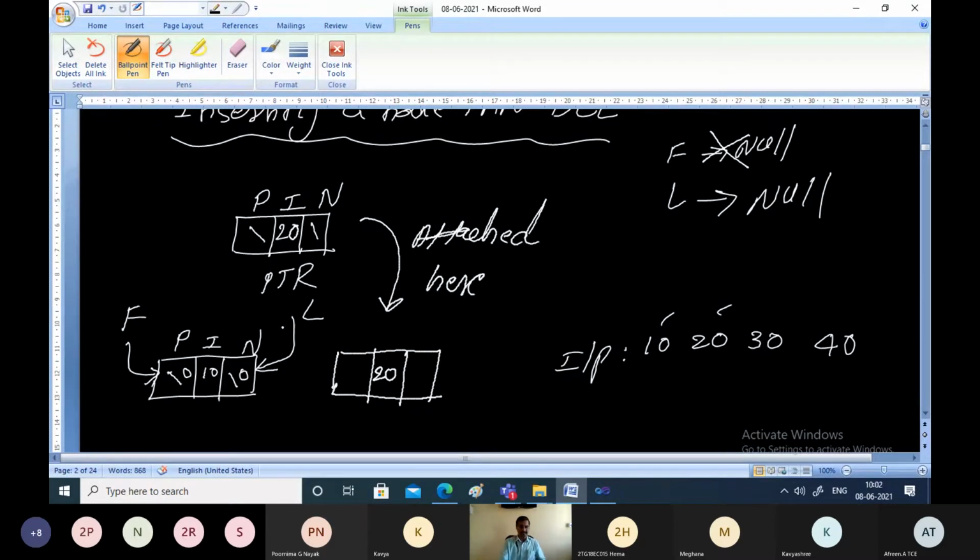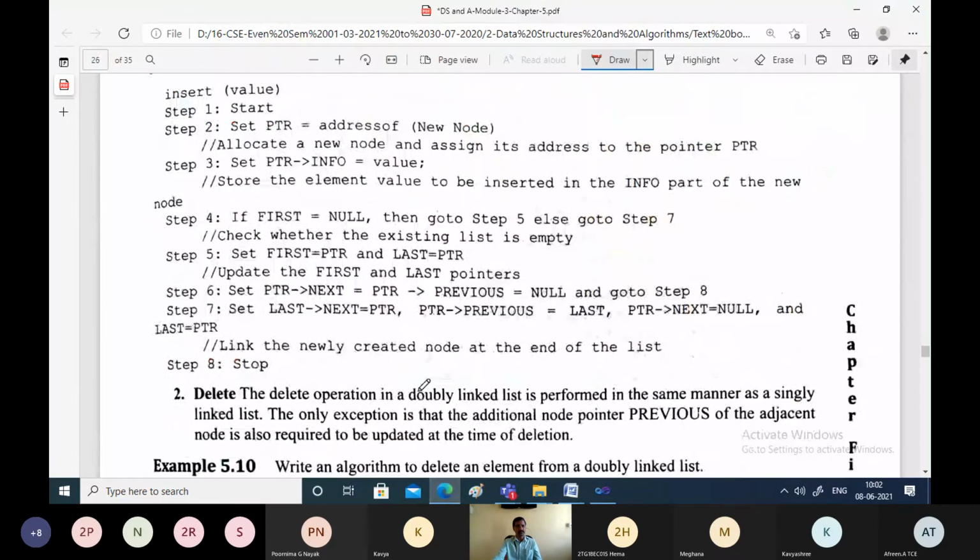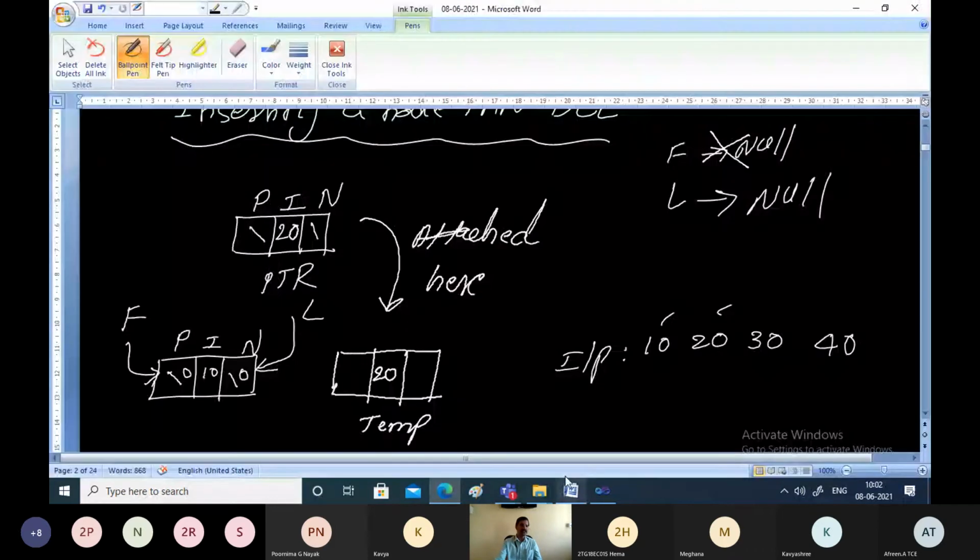How can I attach this? Whenever you add this node to the existing node in the linked list, this will become the last node of the linked list. Let us see what code they have used. The new node is not temporary; it has been assumed as PTR till now, so let us assume PTR only. These names and conventions, you can use anything during execution. This is the node which we want to attach to the existing linked list.